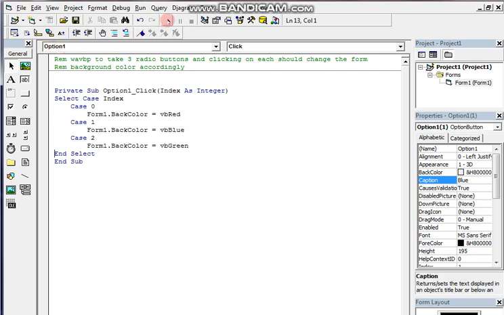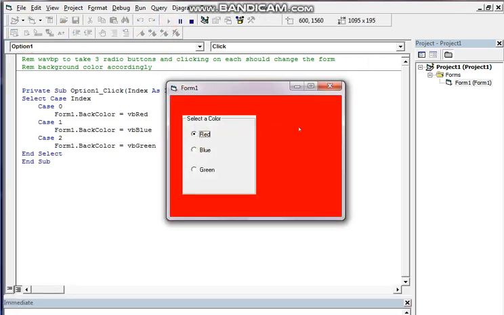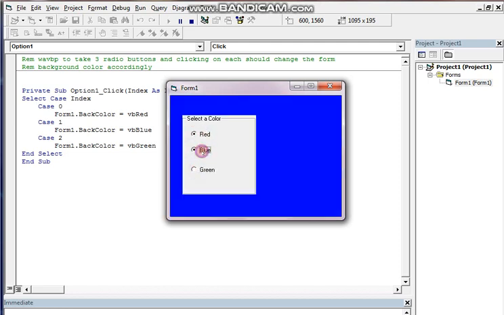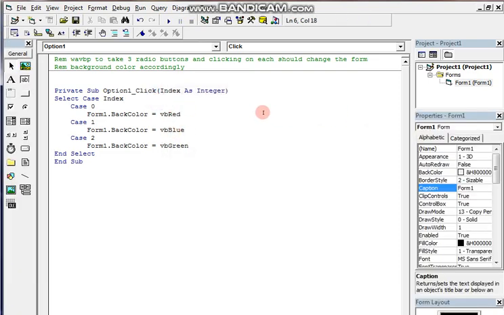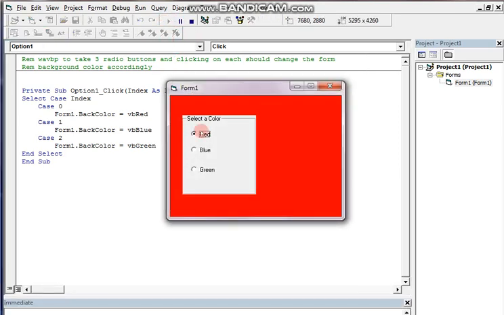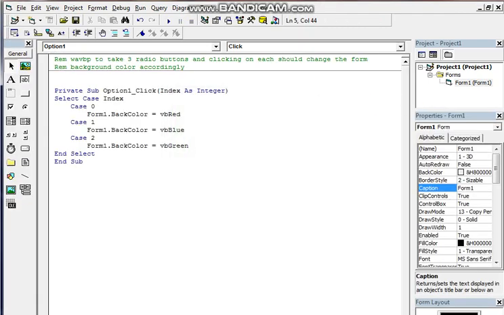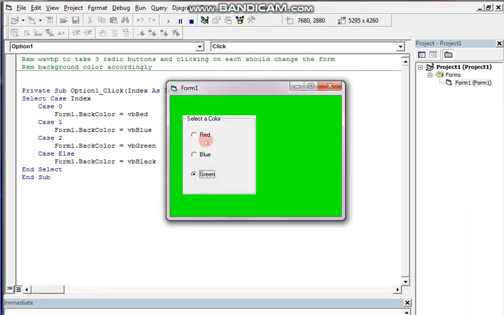Now you run the program and let's check. See, by default the red color is coming. Why? Because it is selected. So check the others. Okay, see, red is kept clicked. Why? Because by default the value is 0. That's why it is getting clicked on its own. When you run the program, you check red is there, blue. See, red is already clicked. So how can we solve it? This is how the problem can be solved, and you run the program and check. See, when I click on each button, the respective color appears on the form.